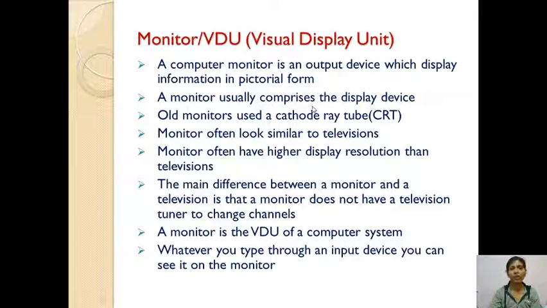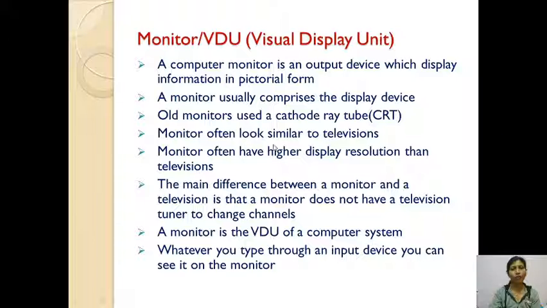A monitor usually comprises the display device. Old monitors used cathode ray tubes for displaying purposes.